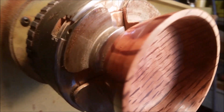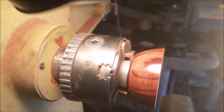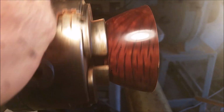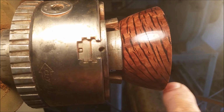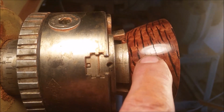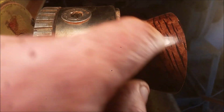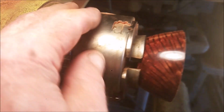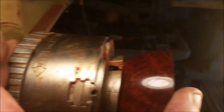Alright, so I'm back here turning this hairy oak, and I've got the outside finished, and it's looking really nice. This is a tiny little piece. However, you can see right in the split here, this hairy oak always has these splits in this dark grain, and this one happens to travel all the way around here, and then another one right